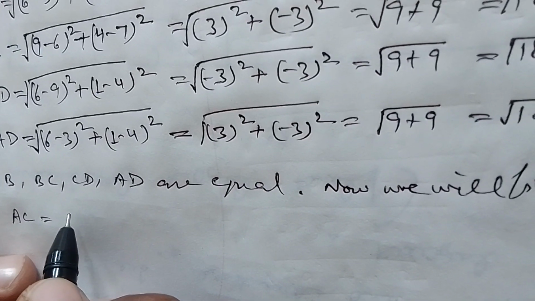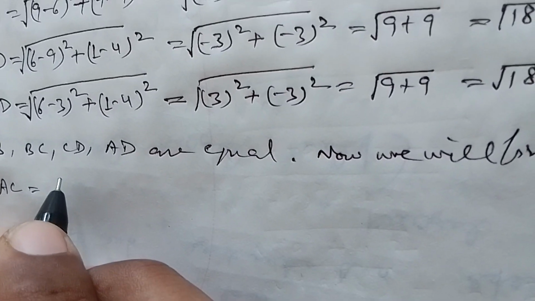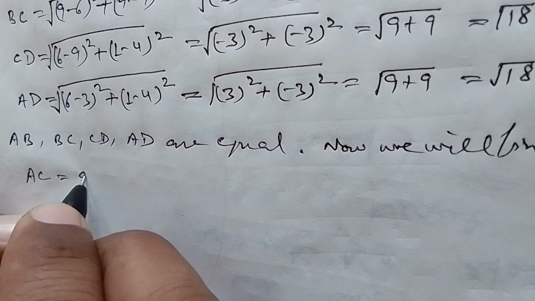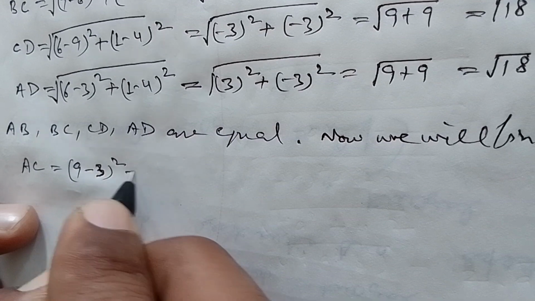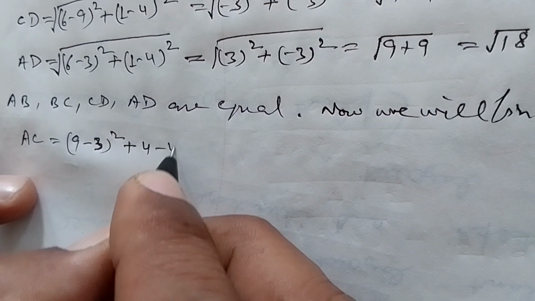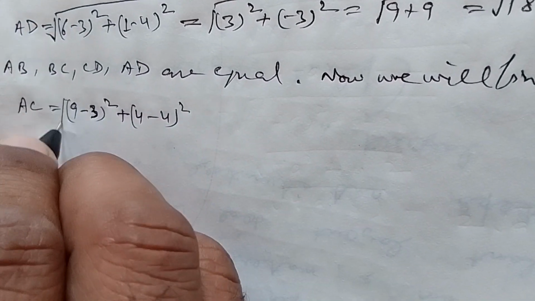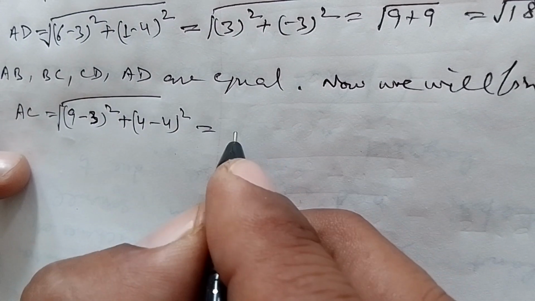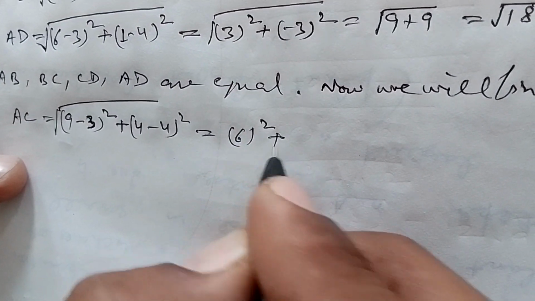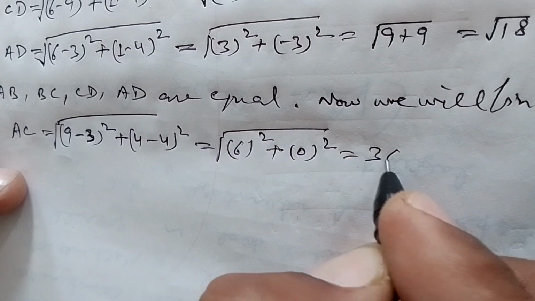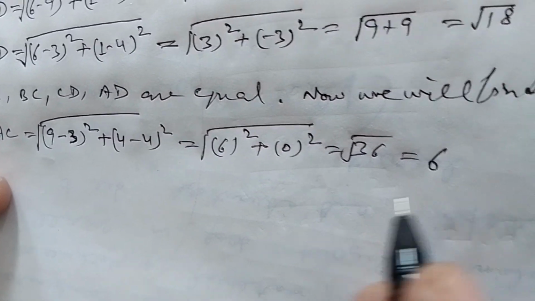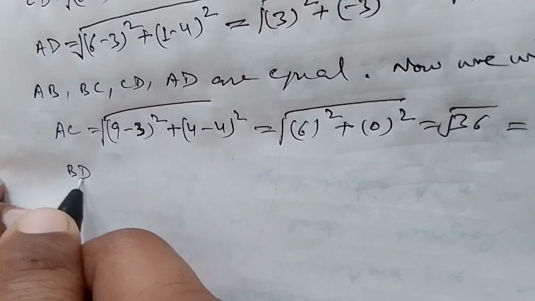So by using the distance formula, (9 minus 3) square plus (4 minus 4) square. So it comes out to be 6 square plus 0 square. That comes out to be root 36, which is equal to 6. Now diagonal BD, that is